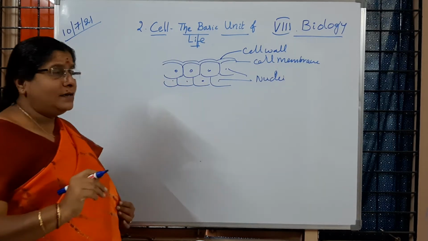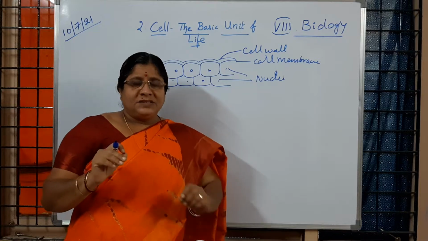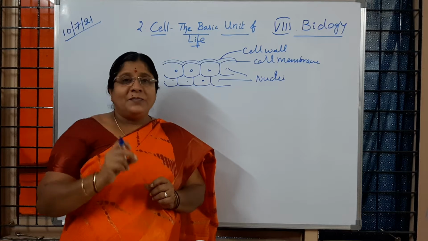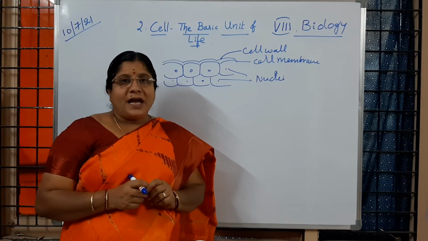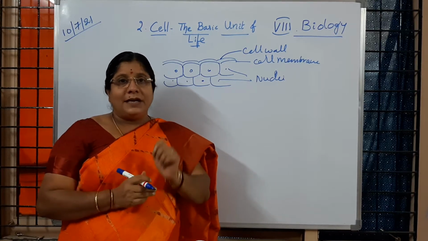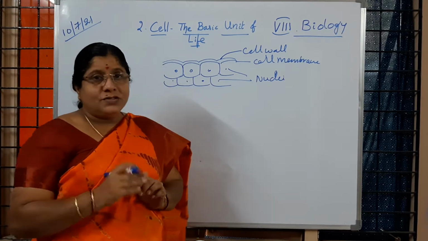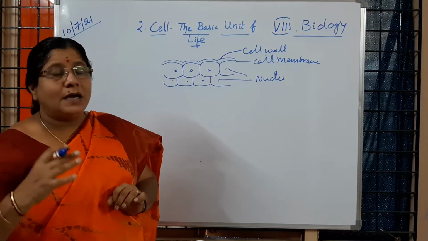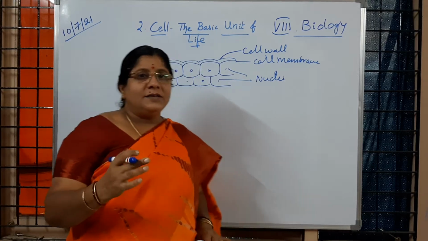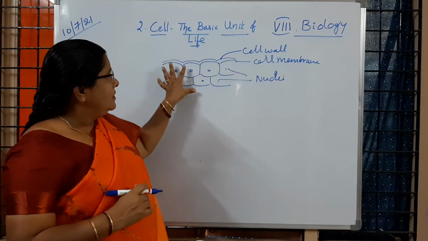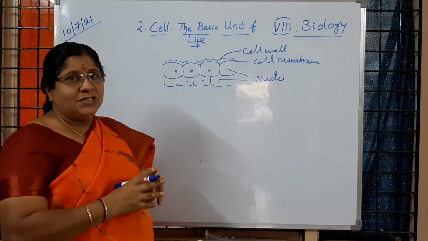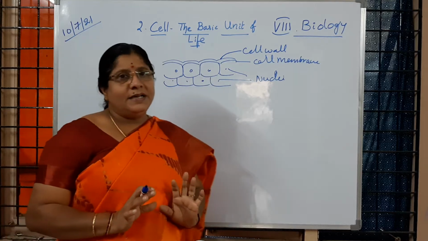For that, what have you done? You have taken an onion, removed the outer coat, cut a small piece of onion with the help of a knife, and pressed it. You have observed the transparent layer. That is called onion peel. That onion peel was observed under the microscope, and you have seen the arrangement of cells. The cells are arranged very closely, and you observed some other parts also.